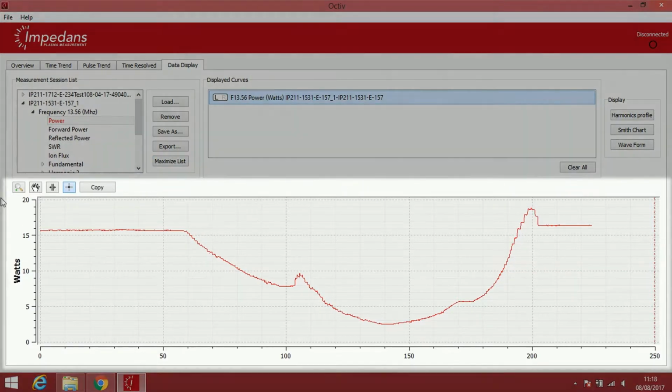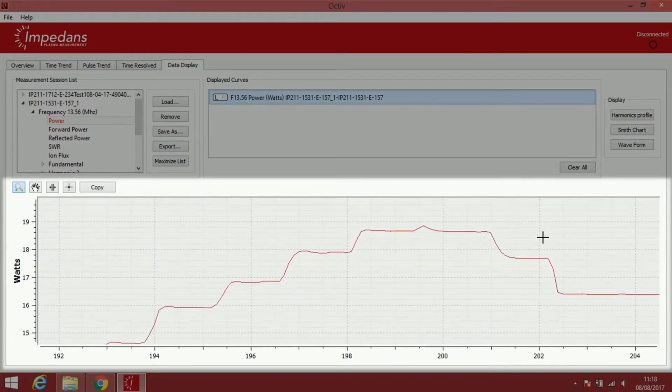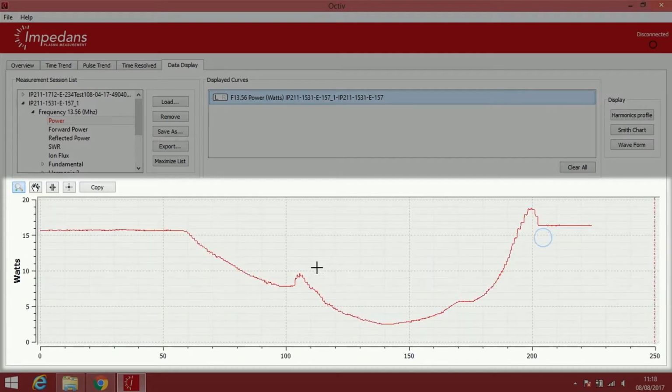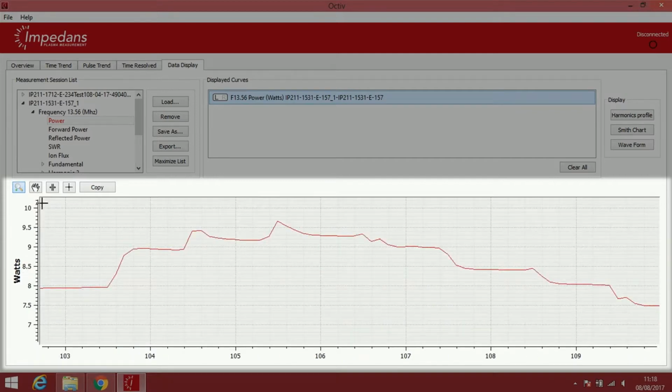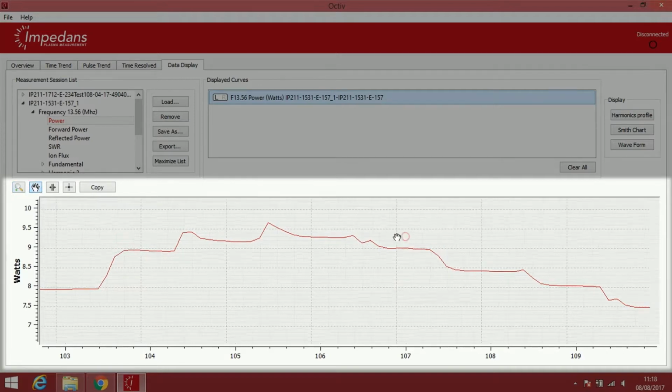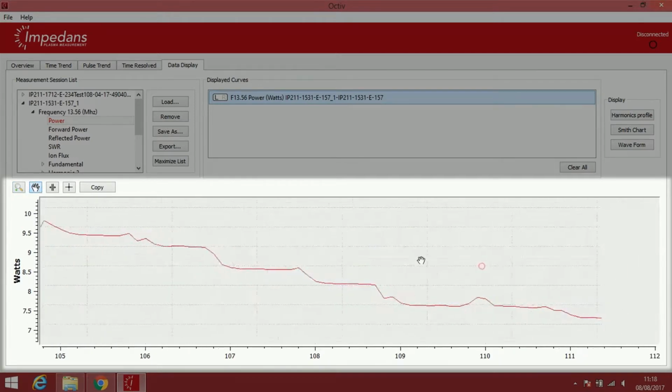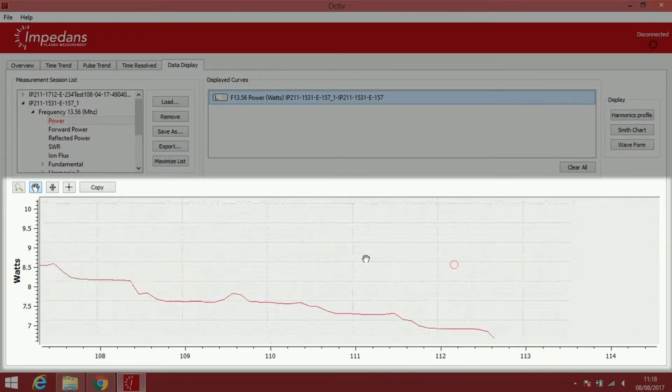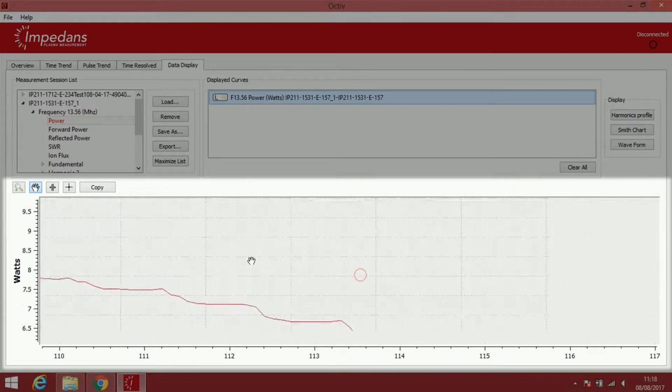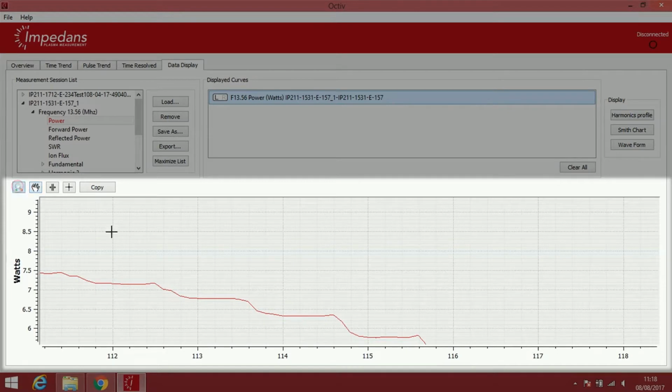There are 5 graph controls above the chart area. The Zoom tool allows you to zoom in and out of the graph. You can also click and drag over a specific section of the data to zoom directly to that data. The pan function enables the entire plot area to be shifted in any direction. Click the hand icon, left click at a point on the graph and drag the data left or right to view earlier or later data.